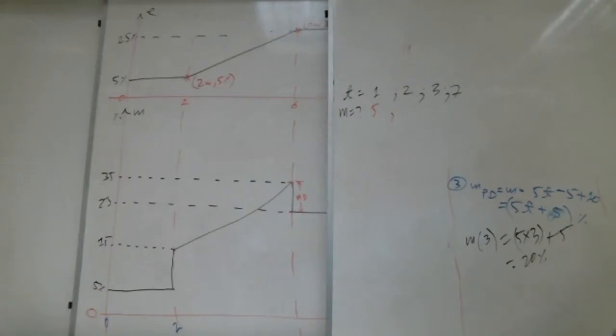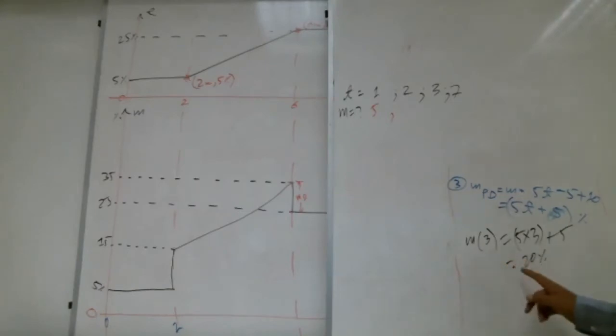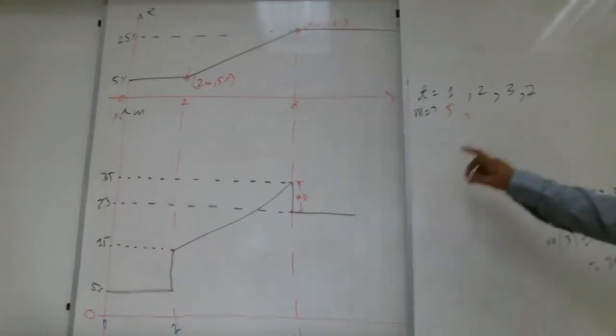Teacher, if I want the 7, I put the 7 in this equation. Yes. If you need the time at 7, then it is different. For right now, you tell me if this output at 3 is correct or not. Okay, 5 multiplied by 3, 15. Yes, it's true, teacher.